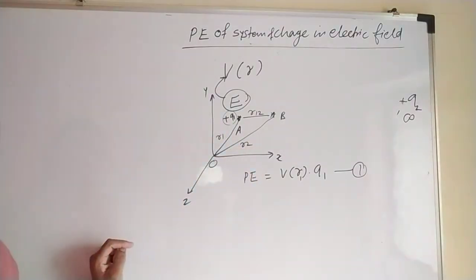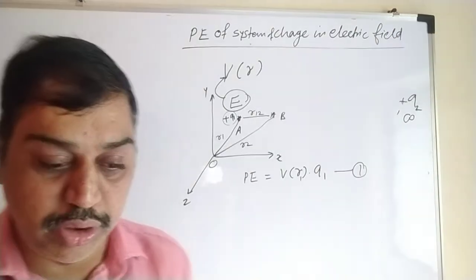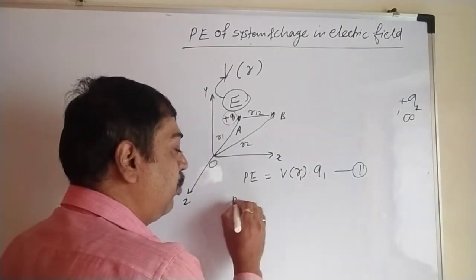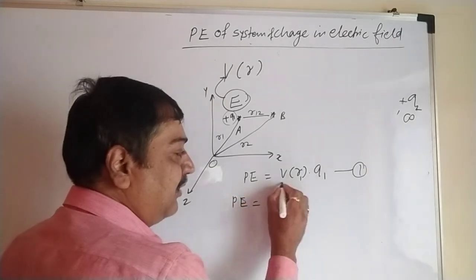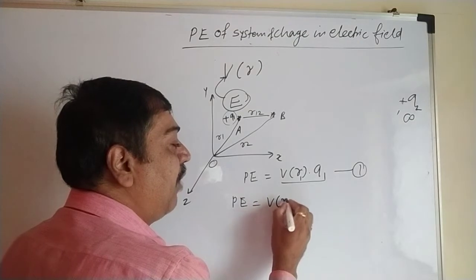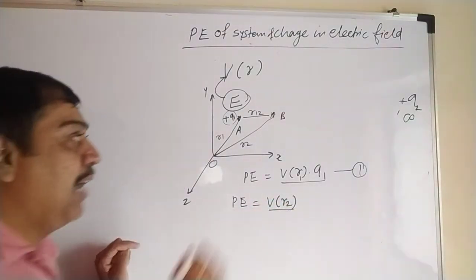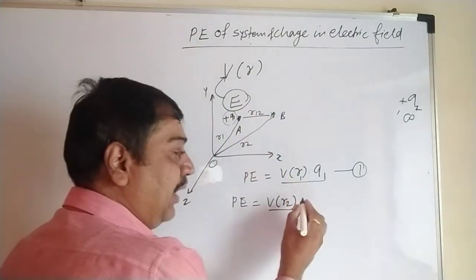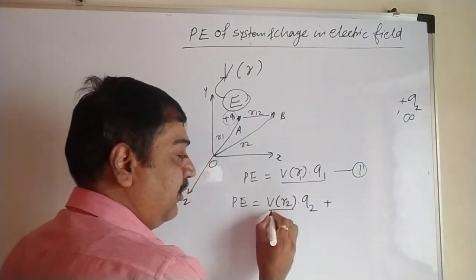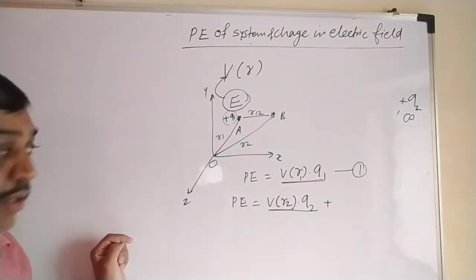So there are two terms that we want to derive now. At a distance R2 we want to move the charge. So the first one, that potential energy is equal to what? Due to this, only instead of charge Q1 there is a Q2. V of R2, the electric potential at point R2 due to the electric field, into the charge to be moved, Q2, plus. So this is due to the electric field, similar to this electric field, plus